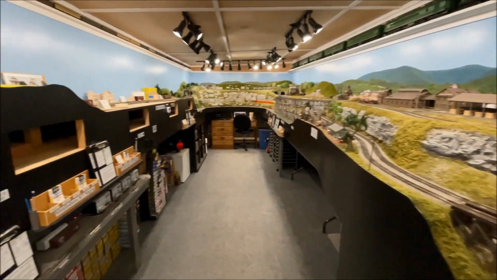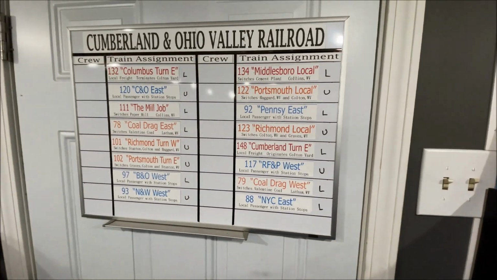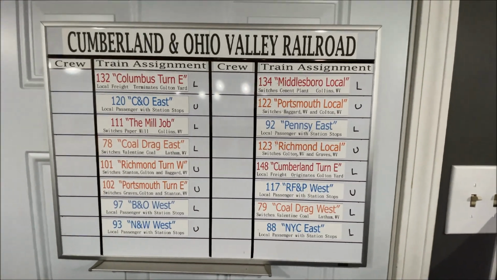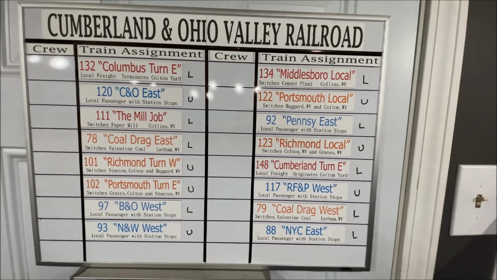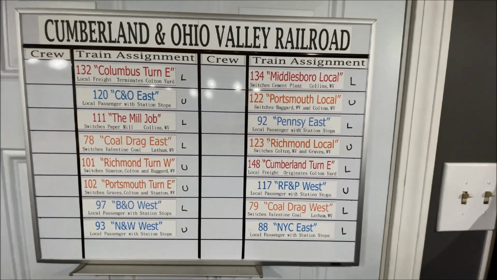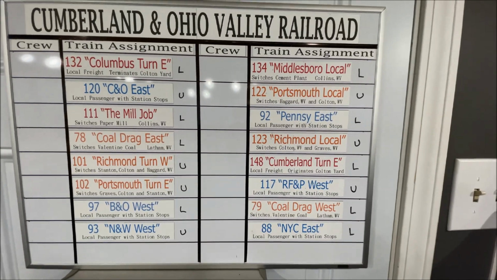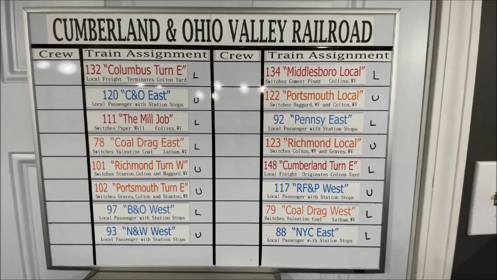So if you're a first-time visitor or one of the regular crew, the first thing you'll do when you arrive is come over to the call board and sign up for the trains that you would like to run. This is a comprehensive list of all of our trains. Starting at the top, they are in order of run, starting with 132 at the top of the left-hand column, working our way down to 88 on the lower right